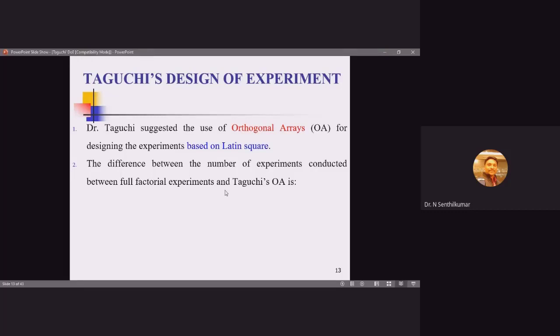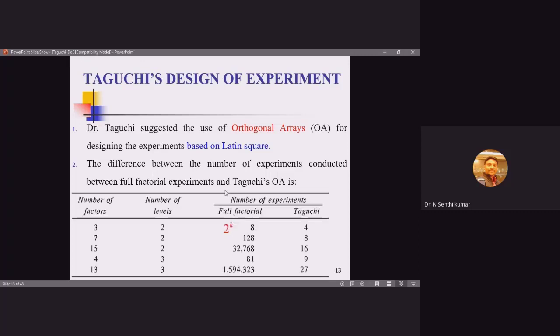So previously we have seen there is a much bigger difference between the factorial designs and Taguchi's DOE. Okay, what is the difference that we are going to have? So here I am going to consider only 2 power k designs and 3 power k designs. Generally this is the factorial design 2 power k, that is 2 level. But once we move on to 3 level design, then it becomes 3 power k design. So here k is the number of factors, and the base is the number of levels.